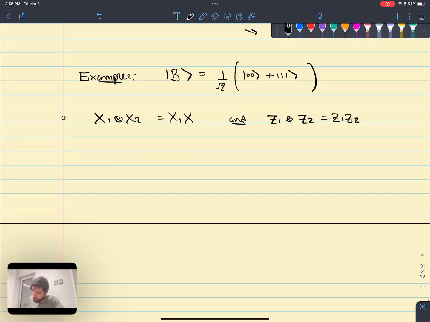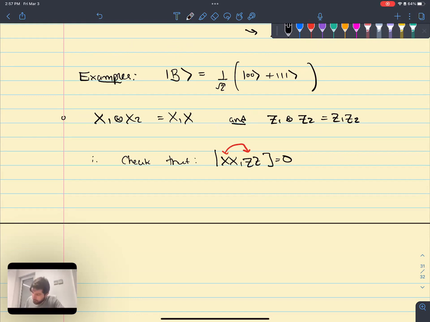So when we have these, you can check that XX and ZZ commute, so their commutator equals 0. The reason that this works out is that even though X and Z don't commute,